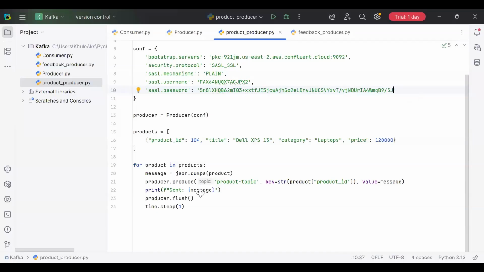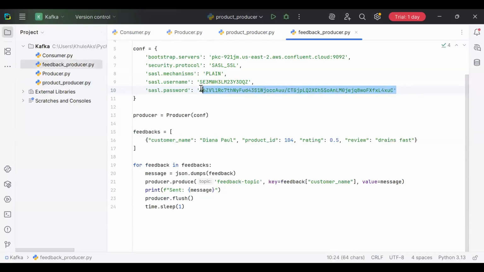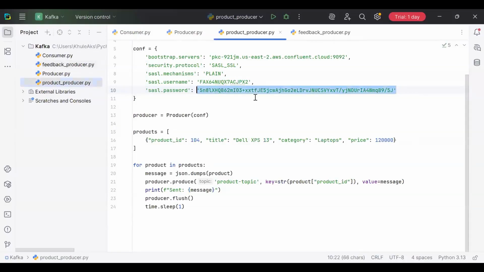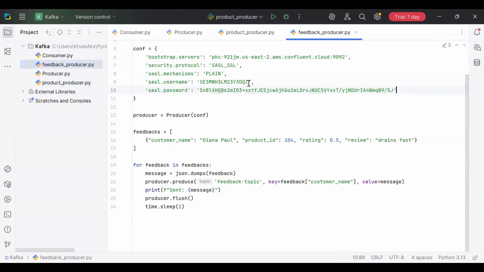I copy key and secret. The same key and secret I need to move to another place. Feedback producer. So this is a secret and this is a key. Okay, so you have key and secret, and let me just download